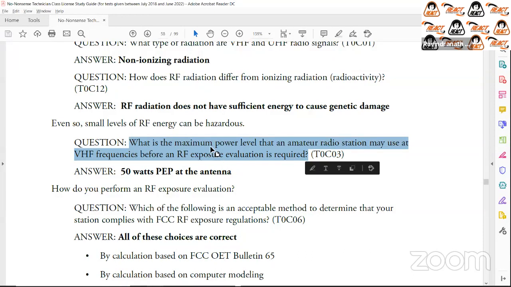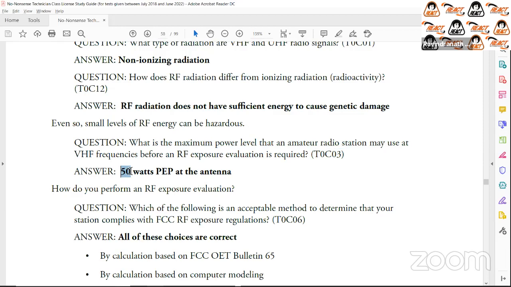So the answer is 50 watts peak envelope power at the antenna. So in other words, as long as you're not driving more than 50 watts PEP at the antenna, you're not required to do an RF exposure evaluation. But if you exceed 50 watts, you will need to conduct what is known as a